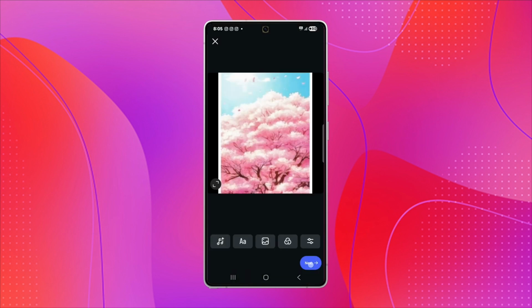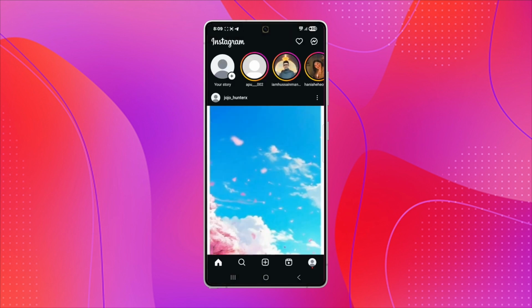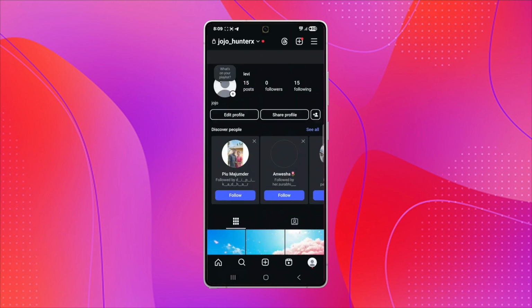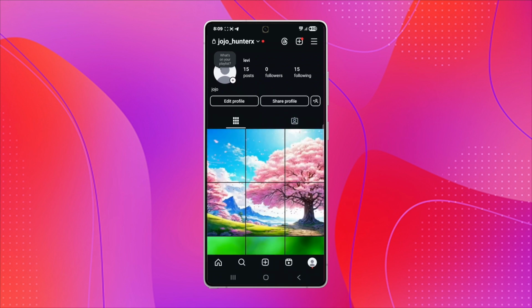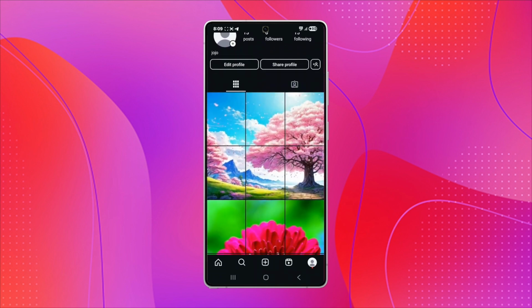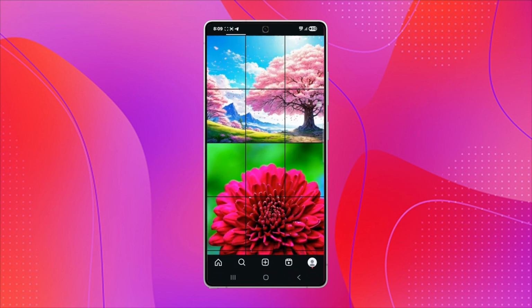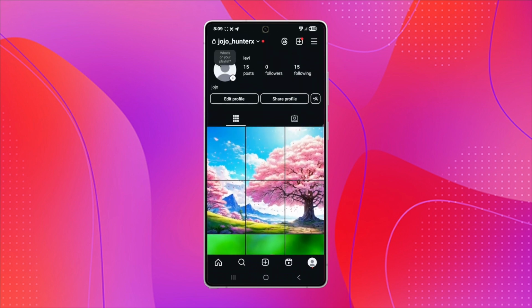You can also add engaging captions for each picture. Finally, your giant square grid photo on Instagram will look like this. By following these steps, you can create an eye-catching grid photo on Instagram that will captivate your audience and showcase